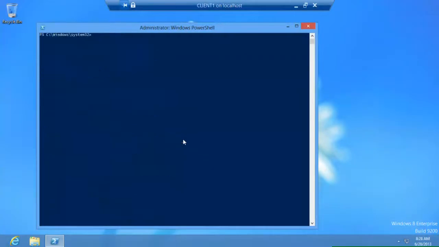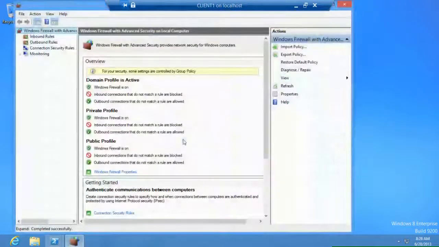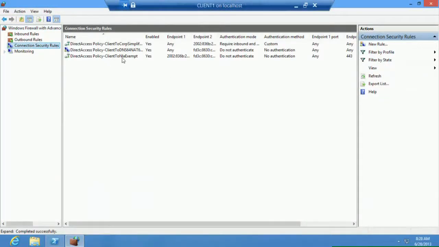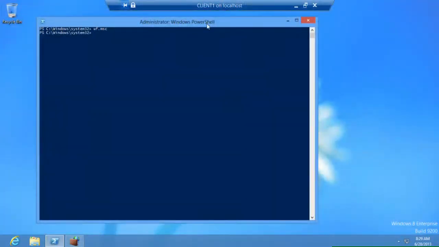I can also verify this by opening up the Windows Firewall with Advanced Security console. And if I go to connection security rules, you'll see now that I have connection security rules here. This is basically the secret sauce. This is how we tell the DirectAccess client to tunnel your traffic to the DirectAccess server on the internet, and these are the security policies that allow you to do that. Fundamentally, they're basically IPsec site-to-site VPN. In this case, it's point-to-site, but that's how we're going to tunnel our traffic securely over the internet to the